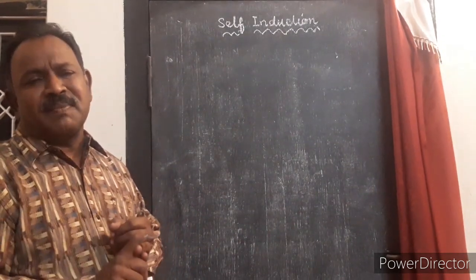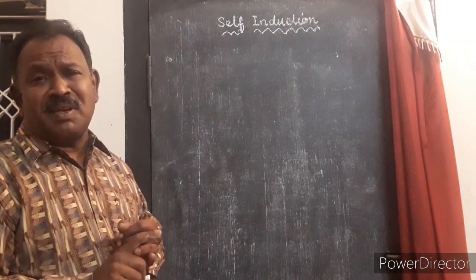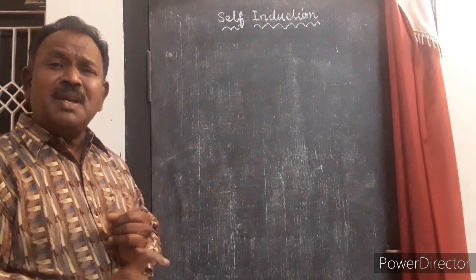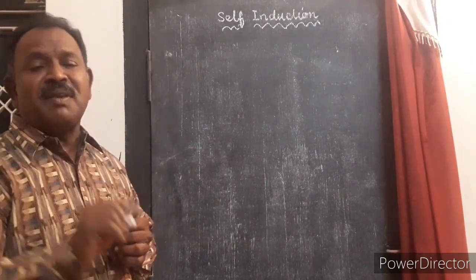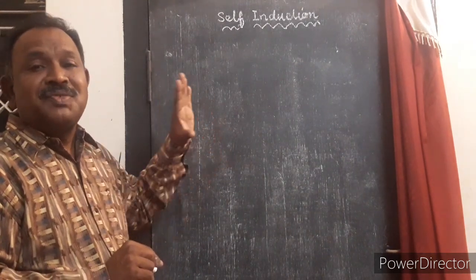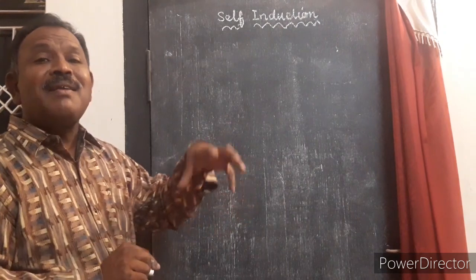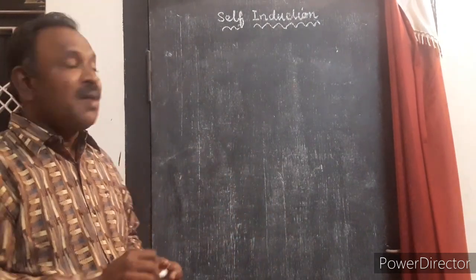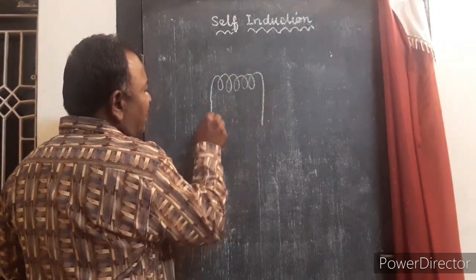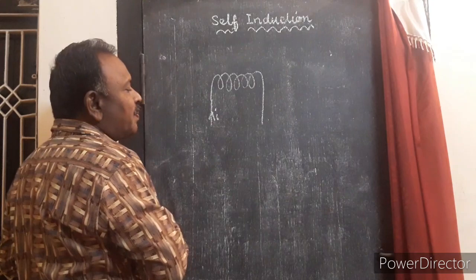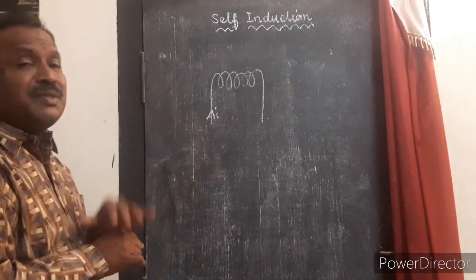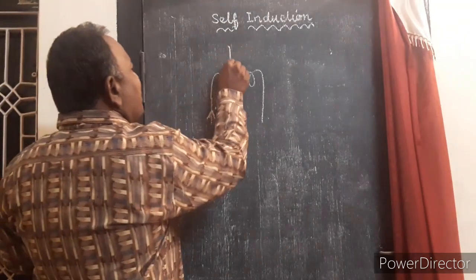So this inductance, like mass and moment of inertia, opposes the change of state in translatory motion and rotational motion. In a similar way, inductance opposes the change that occurs in the electrical circuit. So, when current is built up in the circuit, suppose I have an inductor coil and I am allowing current to flow through the coil. When the current goes on increasing in the coil, what will happen?